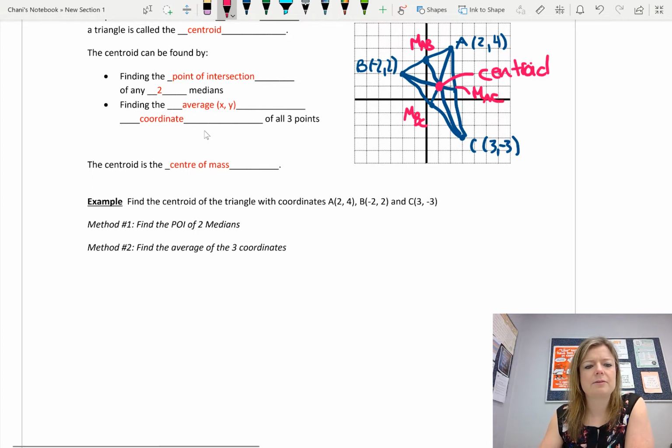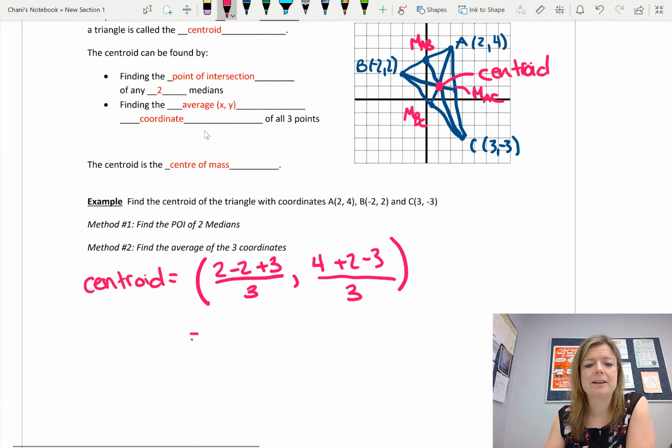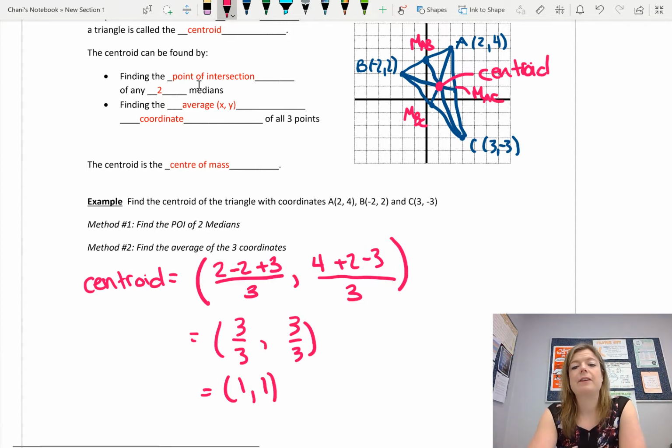Okay, so the centroid, there's no fancy way of doing it. We just write centroid equals. You just take the 3 x values and add them together. So 2 minus 2 plus 3. And you're averaging them, so you divide by 3 because there's 3 of them. That's how you do averages. And then the y value, you just take the y values, 4 plus 2 minus 3, and again, divide that by 3. That's it. So this is just 3 over 3, and then 3 over 3, which simplifies to the coordinate 1, 1, which in fact we can verify visually,